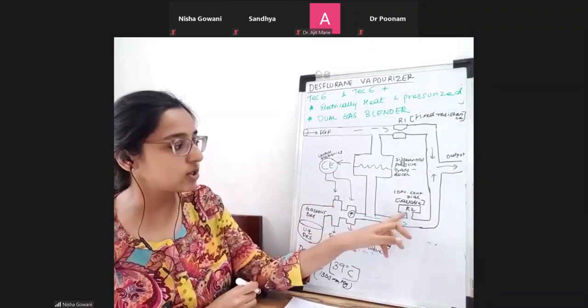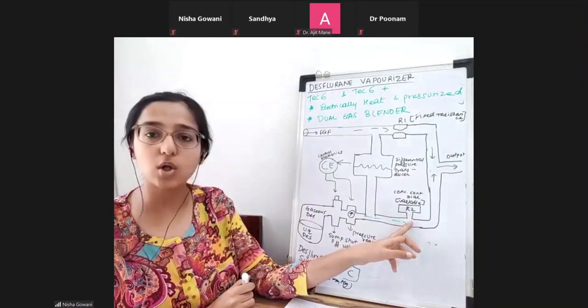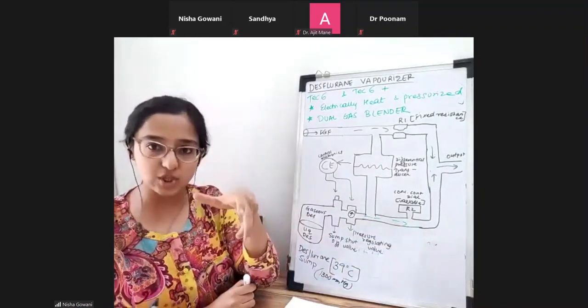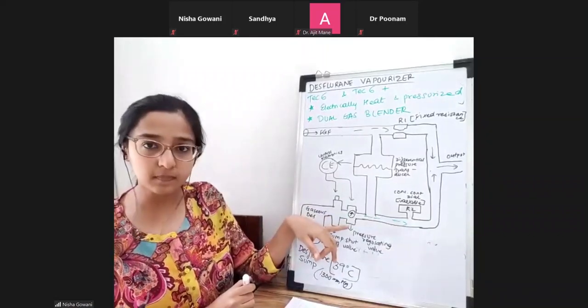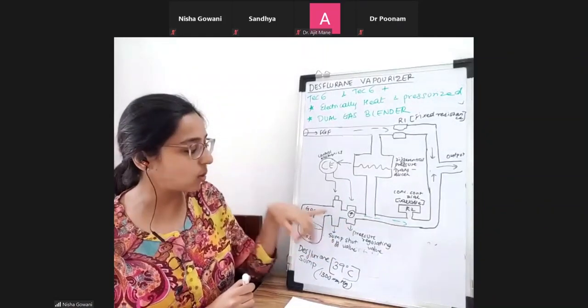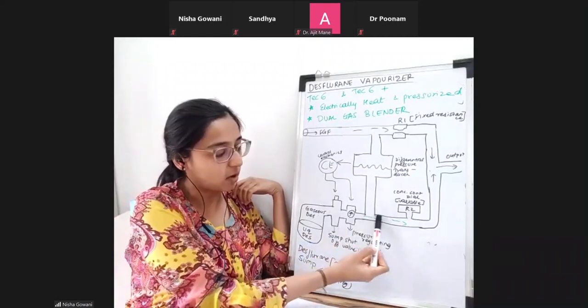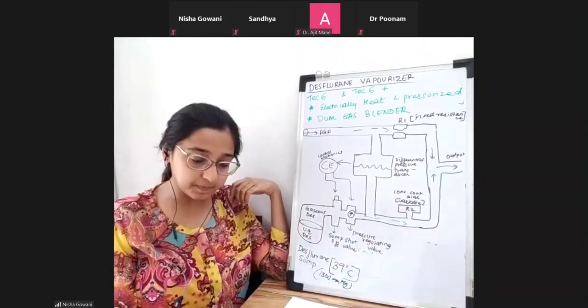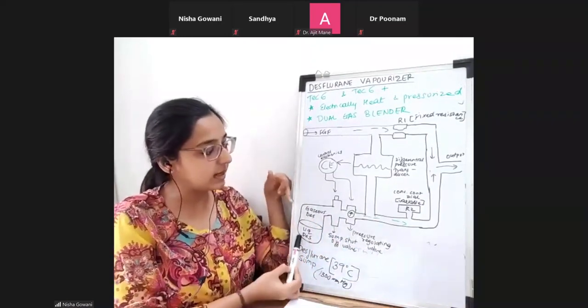So when I switch on, this concentration control dial is there over here, which is also known as R2. When I switch this on, this valve opens up. The valve is opened and the vapors of desflurane start moving forward. Now, how are both these circuits interacting with each other?